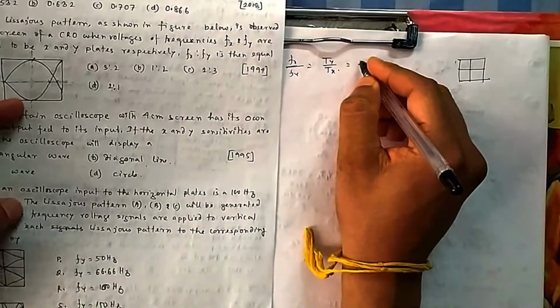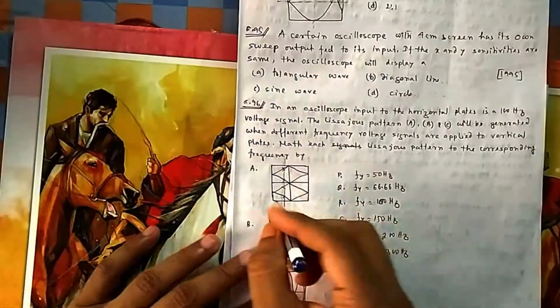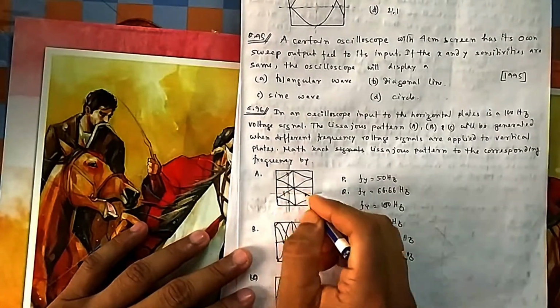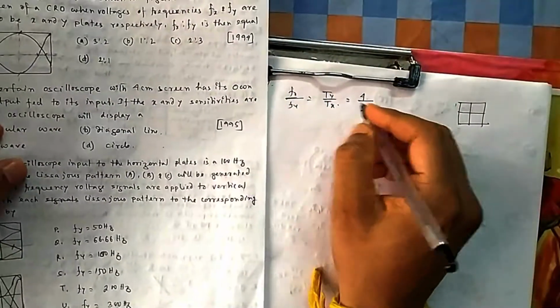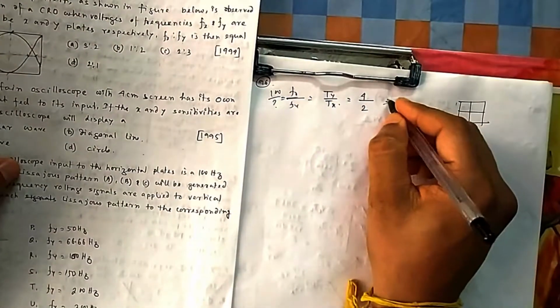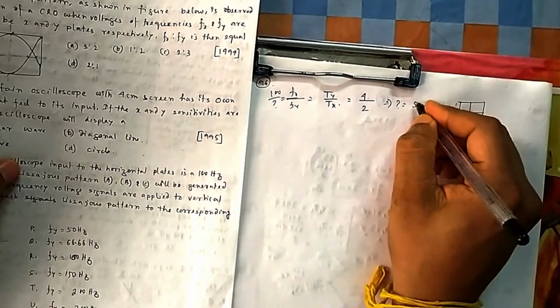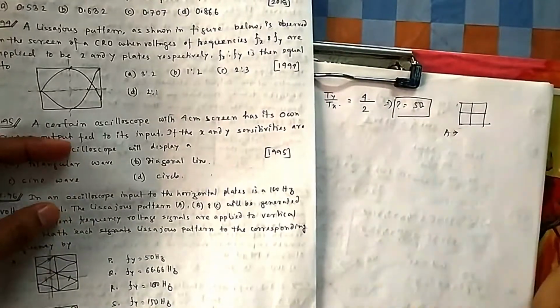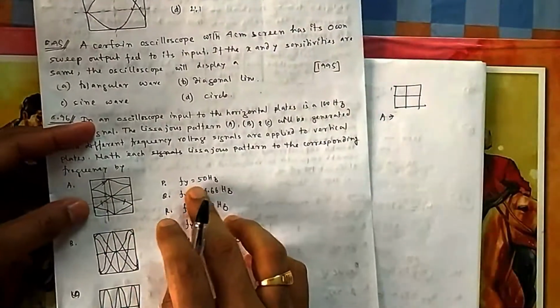So in the y-axis there are 4 cuts, and in the x-axis how many cuts are there? Again you draw a line so that the maximum cut can occur. So 1, 2. The maximum horizontal cut you can have is 2. And your x is given as 100. So what is your y? Now you can easily calculate. 2 and 2, it will be 50. That means A is linked with P.